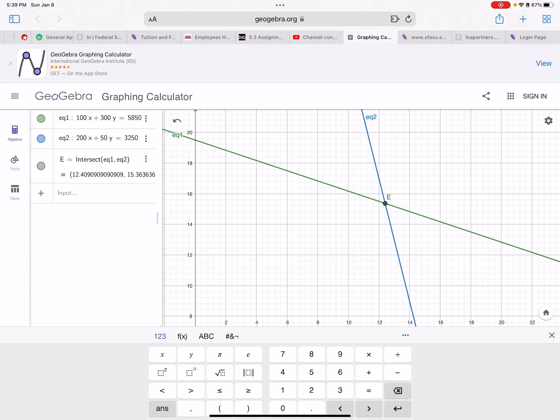I used random ones. Yours are going to come out even, but basically that would mean I bought 12.4 shares of stock and 15.36 shares of mutual funds. Or, excuse me, no, I bought 100 shares, but it's $12.41 per share of stock because that's X, and $15.34 or 36 cents for the mutual fund because that's Y. And so that's what the different X and Y stand for. So that would be the intersection. So I think that's the easiest way to solve it by graphing.